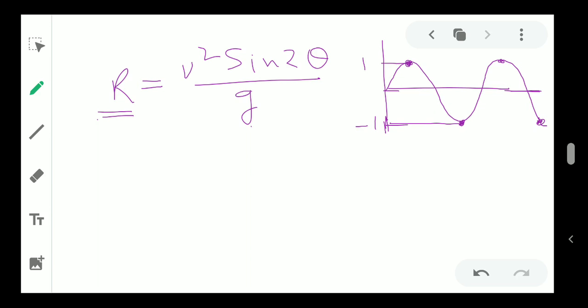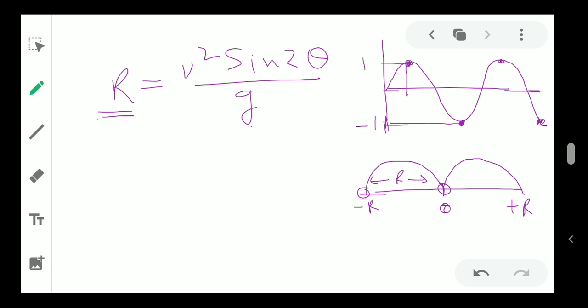But in the real life scenario we have two cases. If this is my position, 0, and I throw the projectile like this, it will be plus R, but if I throw the projectile like this, it will be minus R. But the distance between my initial position and the position of bombardment is the same, that is R, in both cases.